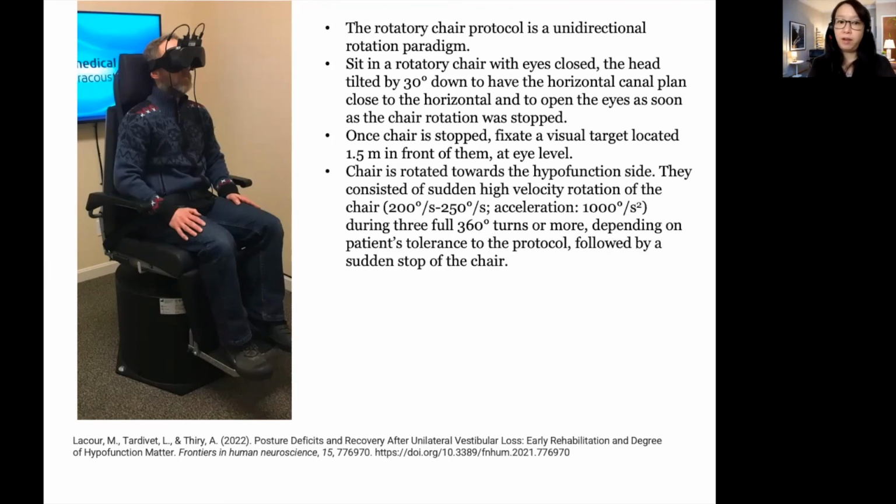So the direction of the chair is rotated towards the hypofunctioning side. And they go quite fast, yeah, 200 degrees to 250 degrees per second is quite fast, okay? If they can do a full turn, even better, if the patient can tolerate it, and then it suddenly stops, okay? And then they have to open their eyes and stabilize it back again. Okay, this is performed 5 to 10 repetitions if the patient can tolerate it. Recommended at 2 times per week for 4 weeks. And they have found that